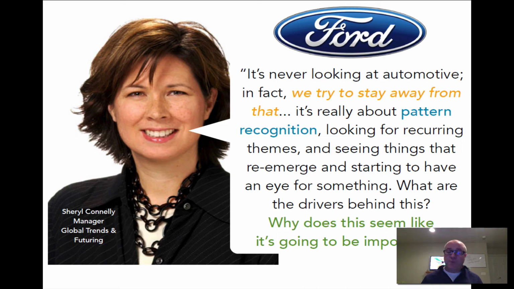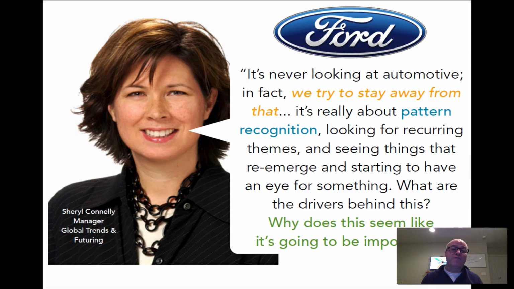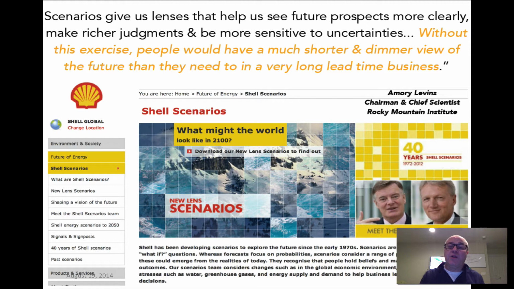And of course we have Ford, and I'm going to go forward and just look at the slides a little bit here. We have Intel, and they're a technology company. Going back, Ford, of course, is an automotive company. And then going forward again, we have Pepsi, which is mostly a product-based company, but service company as well. And we've put all of the quotes on here, and of course you have Shell as well, which is one of the oldest companies doing strategic foresight. They post their scenarios online, and you can share all of that.